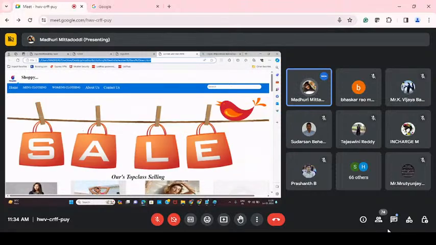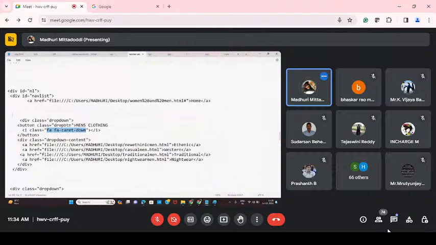So I have used the caret down symbol for this. Next, I have closed this button because I want just this for men's clothing. So after completion of this button usage, I have just closed the button. And next, after that,